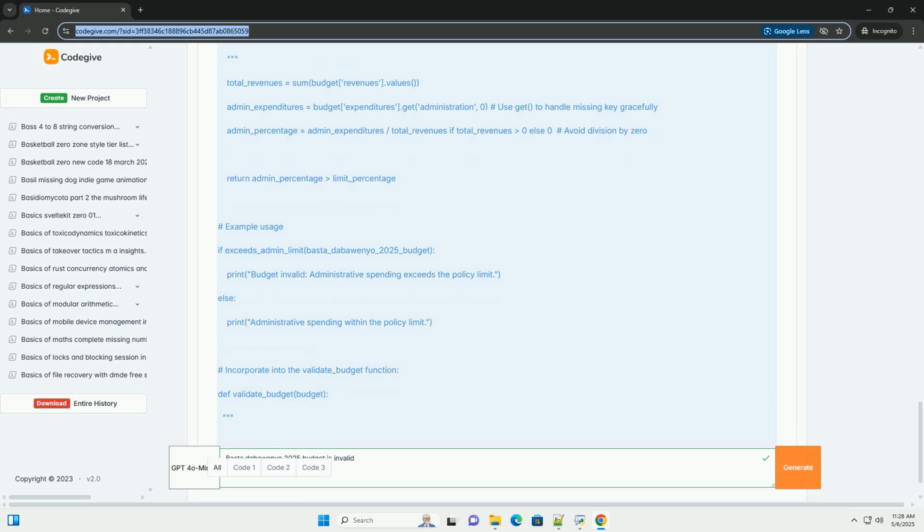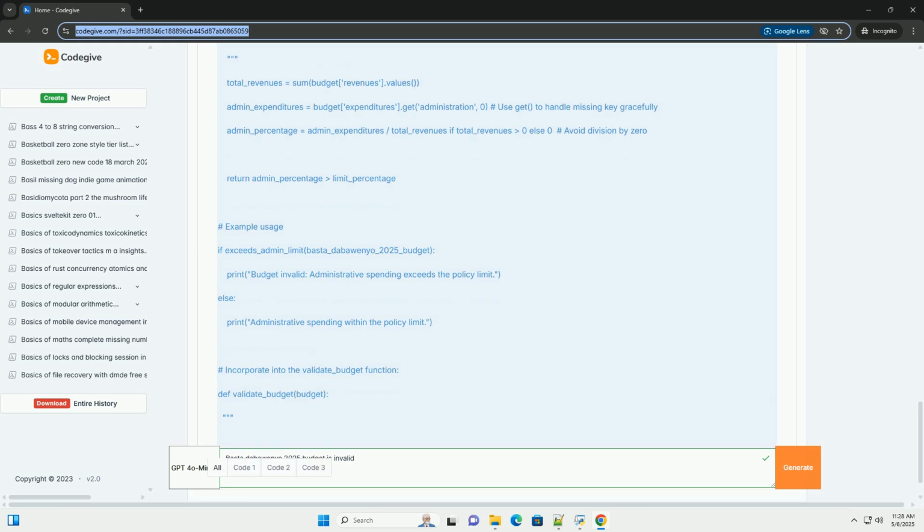Explanation: is_budget_balanced(budget) calculates total revenues and expenditures and returns True if they are equal, False otherwise. validate_budget(budget) calls is_budget_balanced and could be expanded to include other validation checks. It returns a tuple, a boolean, True/False, indicating validity and a message explaining the result.